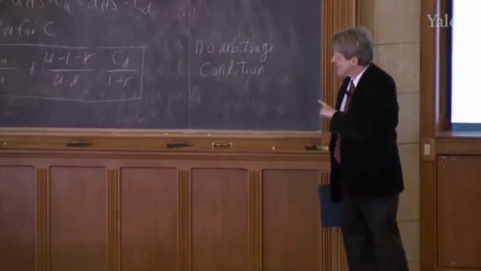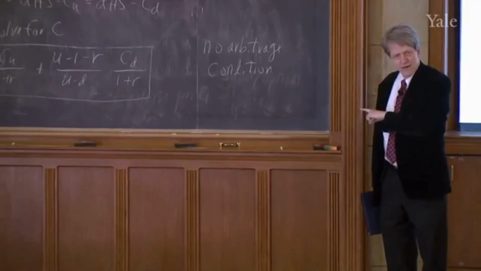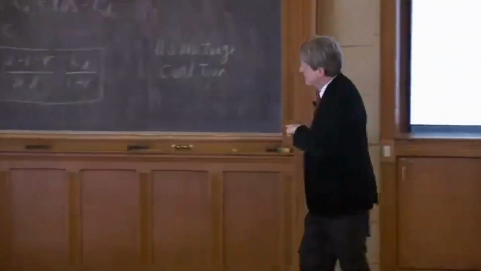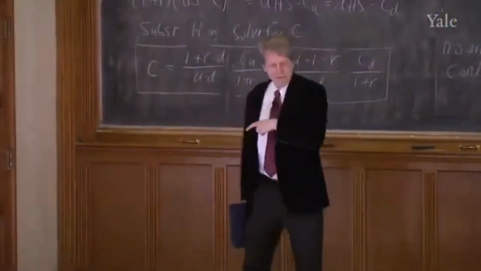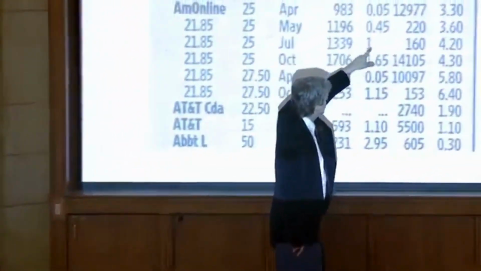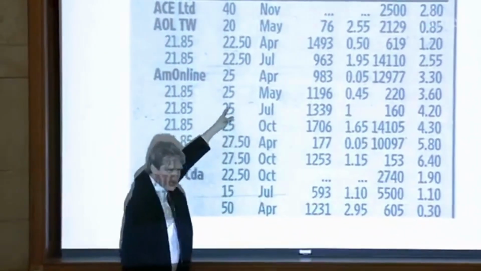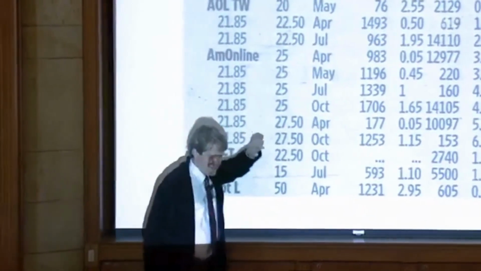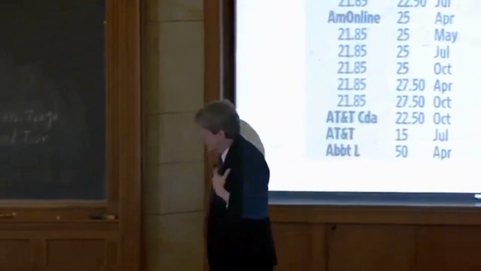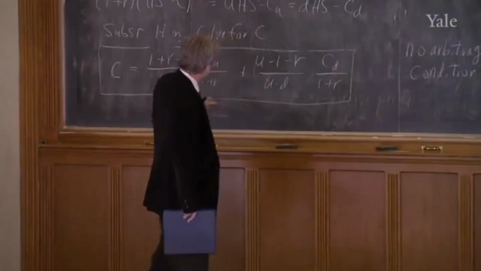Now, the interesting thing about this theory is I didn't use the probability of up and the probability of down. So somebody said, wait a minute. My whole intuition about options is I buy an option because it might be in the money. And when I was just describing here, this is 45 cents. I said, that's not much because it probably won't exceed $25. It's so far below it. So it seems like options should really be fundamentally tied to the probability of success. But it's not here at all.